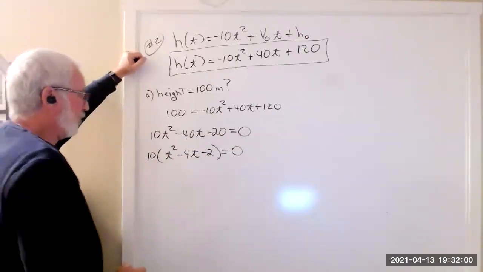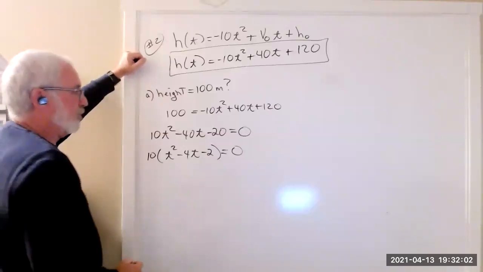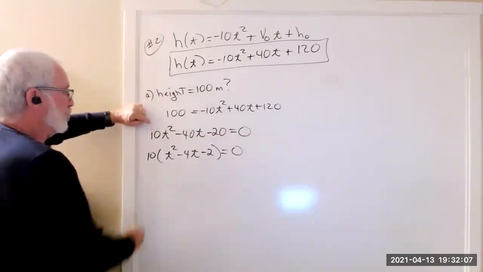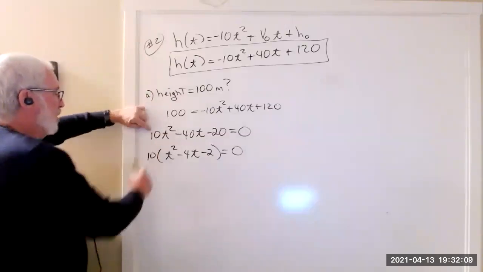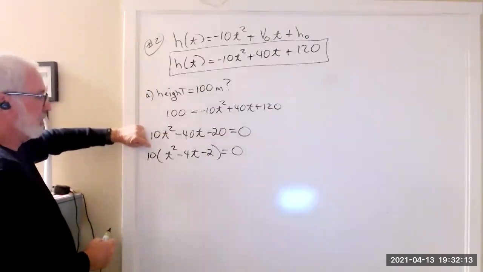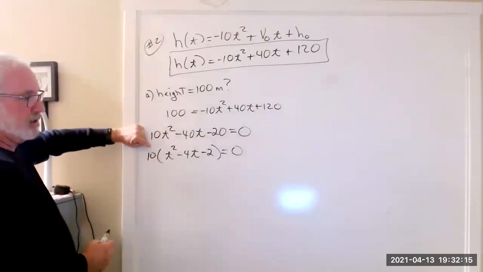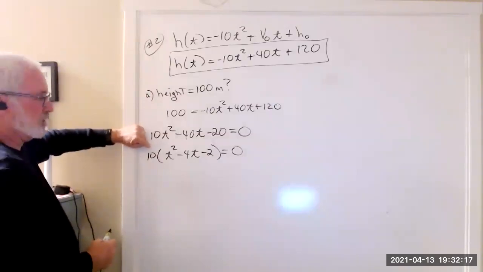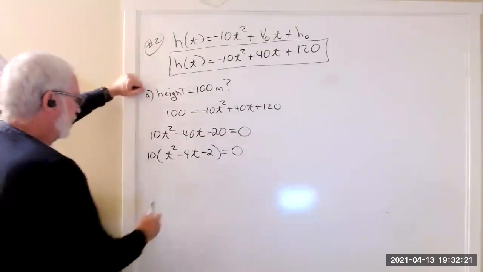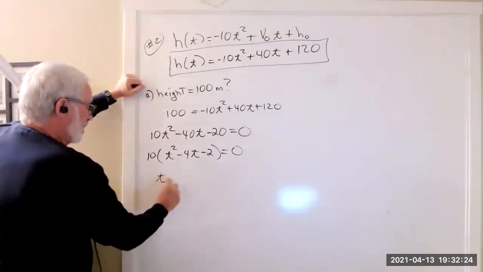Okay, so you have a question. You're going to have to use the quad formula on this. It's just plain ugly. So the question is, do you want to use your quad formula on this problem before you factor out the 10, or on this problem after you factor out the 10? And I take this second one. Okay, so t equals